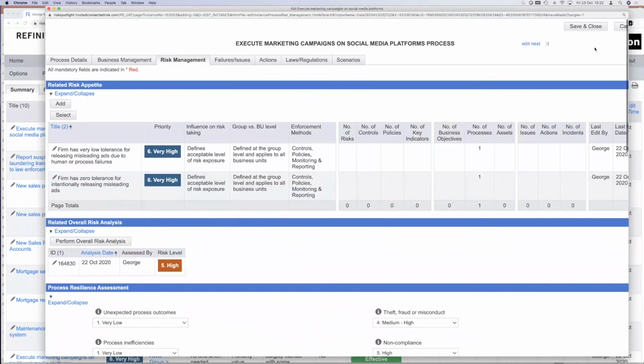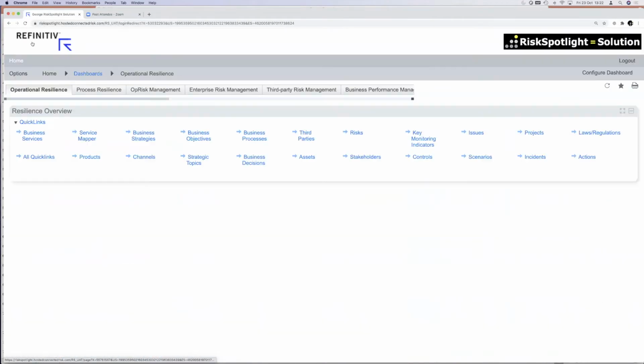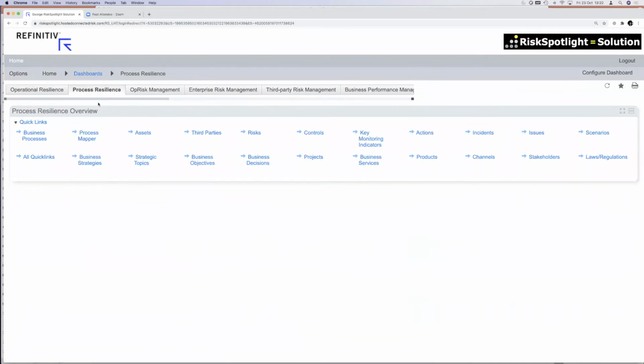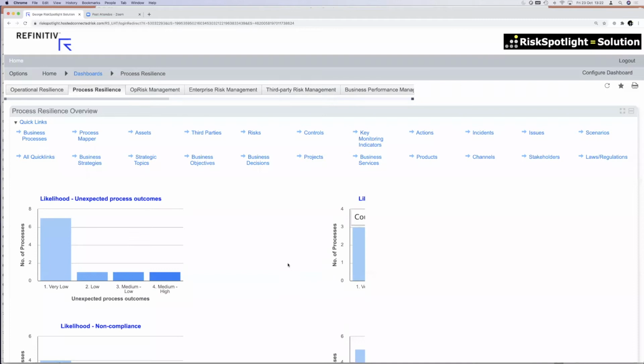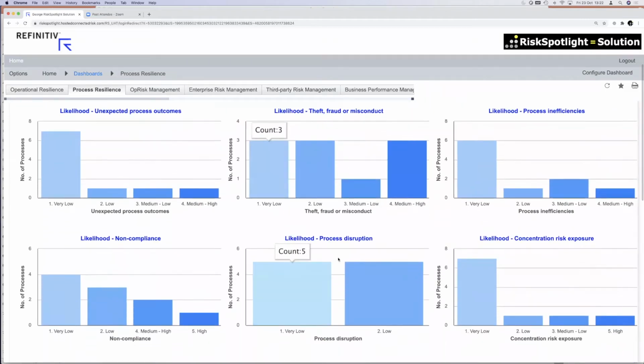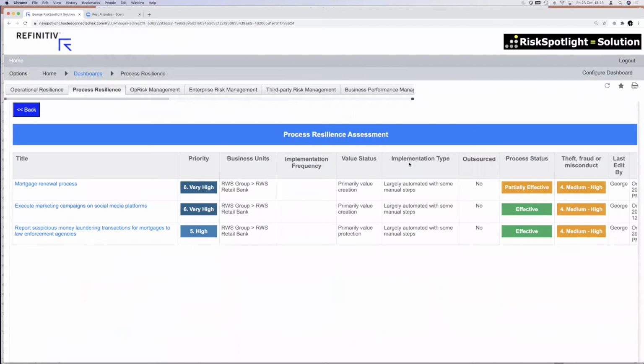And once you have that, from a risk management perspective, or even from the first line perspective, you can have a process resilience dashboard, where across all of those measures you can get a good idea of where those processes are. So if you want to see which of the business processes are more prone to theft, fraud, and misconduct, then I can drill down and see that particular process. Because the process owners are updating those measures, and I didn't have to do any likelihood impact assessment or any of that for just managing my process.